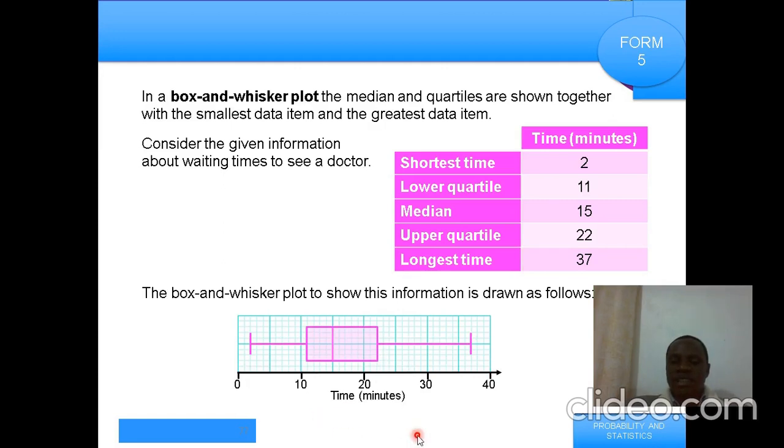This is a box and whiskers. This is a whisker. This is a whisker. This is a box. So I have whiskers and a box. There's a box in between and whiskers on both ends. So what is the box? The box has the median in the middle. It has the lower quartile on the left. It has the upper quartile on the right, and you draw the box. The whiskers are the lowest value and the highest value, and you join them with a line. Okay, that's why we made these lines a bit shorter, but it doesn't matter. I can make them long. There is no loss of marks. And then there's another whisker here, which is the highest and